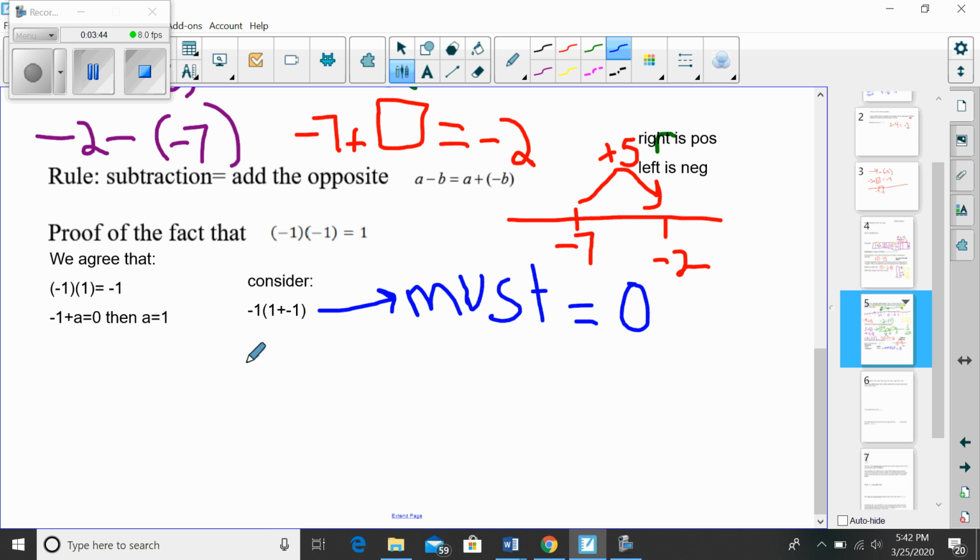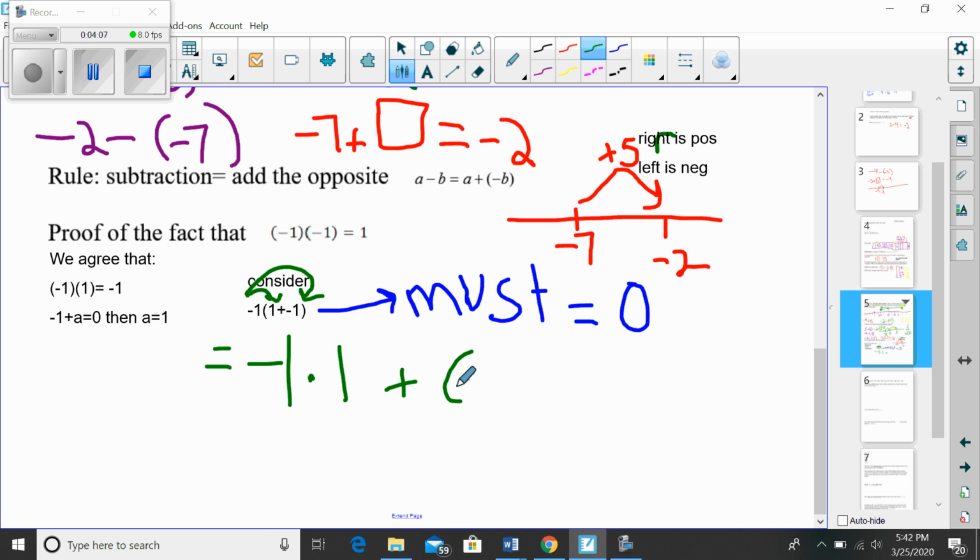Now I'm going to apply the distributive property. I know that has to be 0, and I also know that if I distribute, I get this